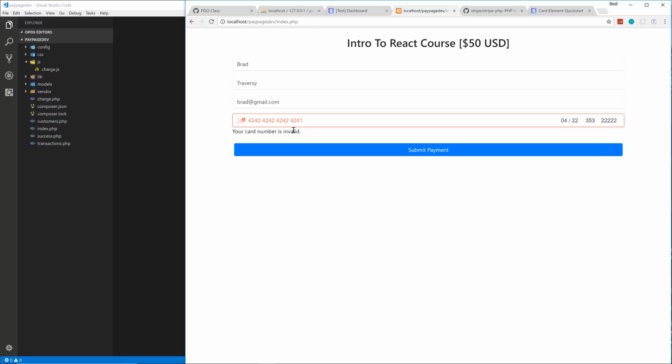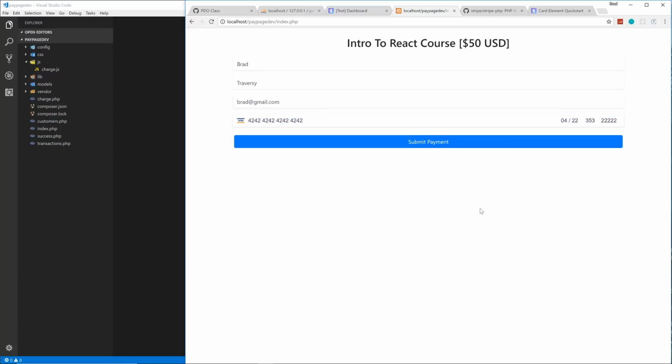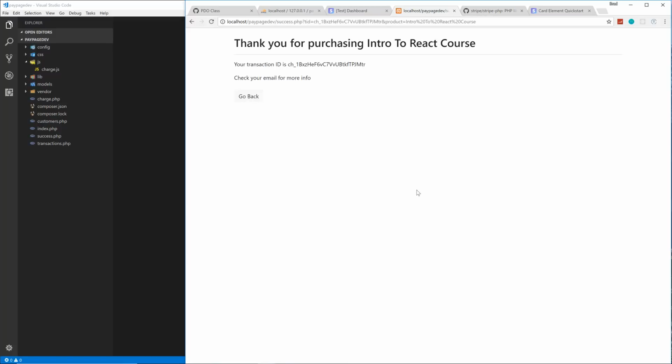And this is going to be coming from the charge.js file, okay? We will be doing a little bit of JavaScript, but we're going to mostly get that from the documentation. All right, so this should be valid, so we'll submit our payment. And then what's going to happen is it's going to charge. It's going to show up in our Stripe dashboard. It's going to get added to our database, and then it's going to redirect us to this success page where